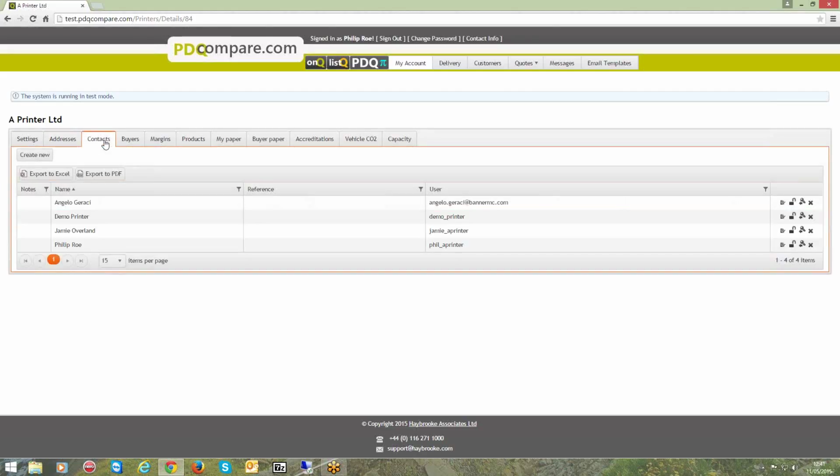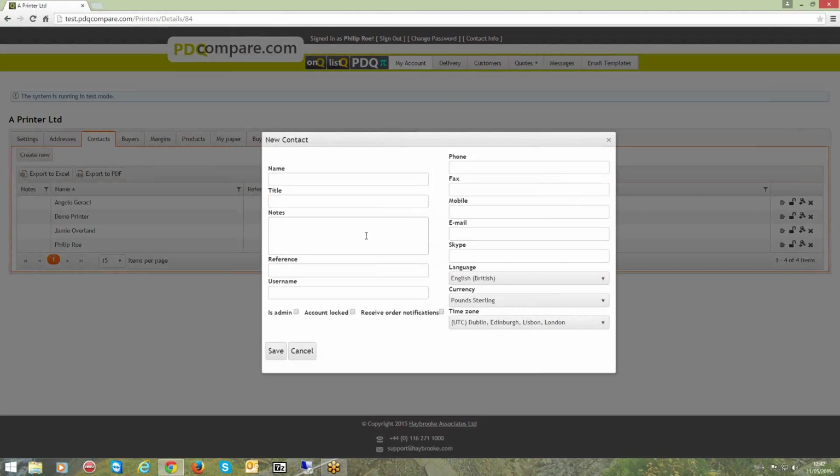The contacts, that is the list of contacts that reside and can use the system internally. So your contacts internally as a supplier, you would have two types of contact. You have an administrator or maybe a couple of administrators that can go in and change all these settings, as well as obviously manage and maintain what's going off quote wise. But more importantly, when you're creating